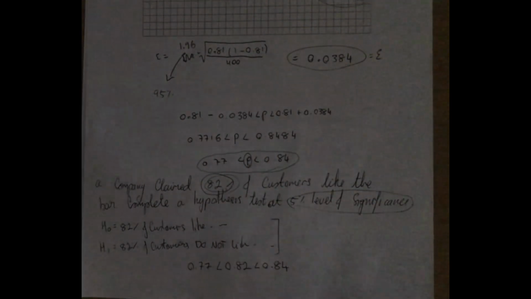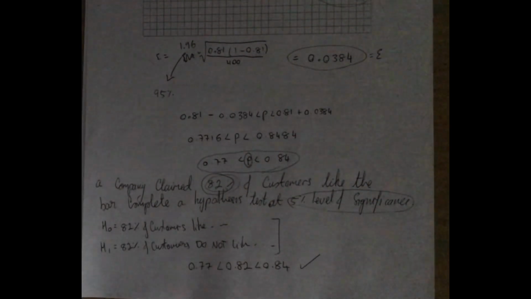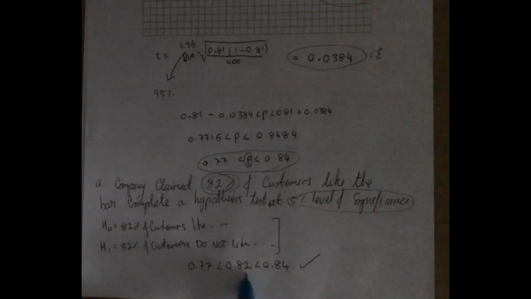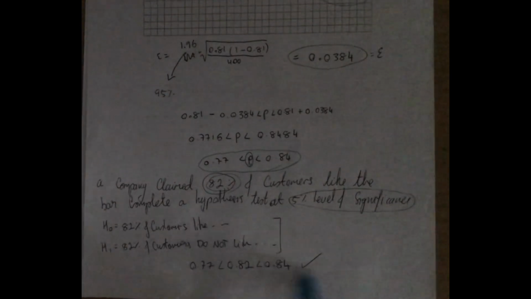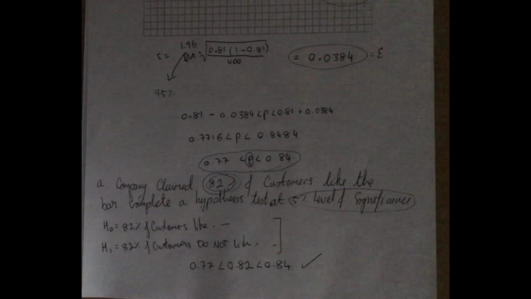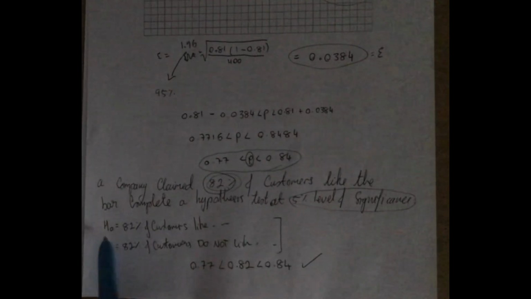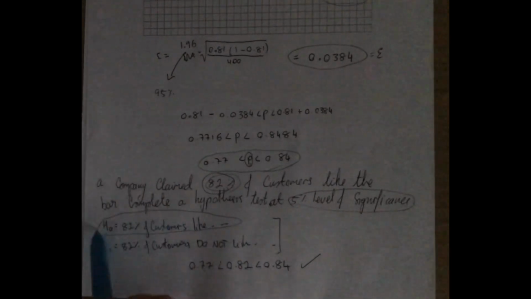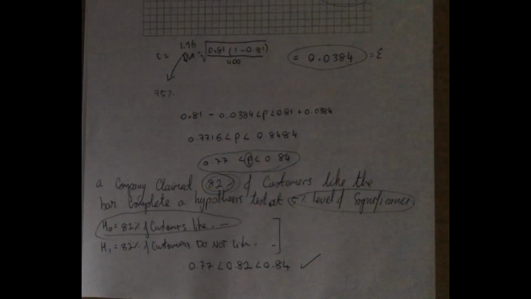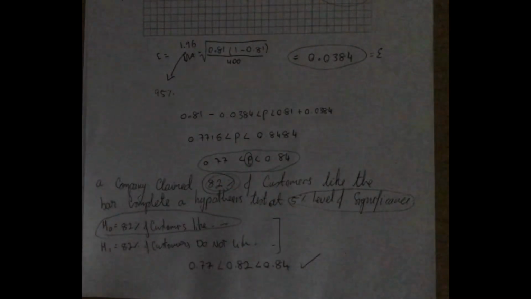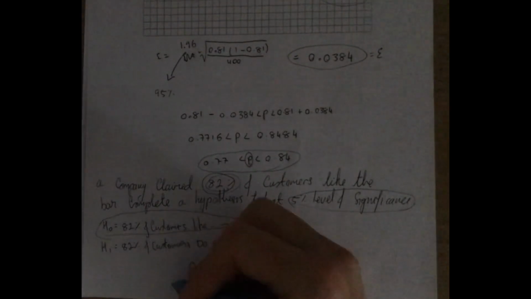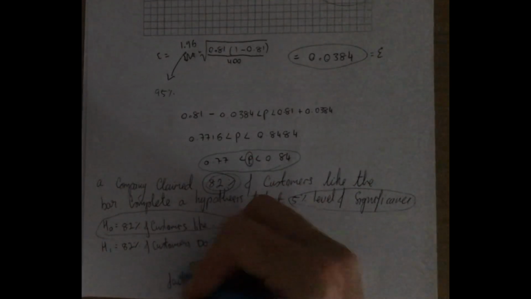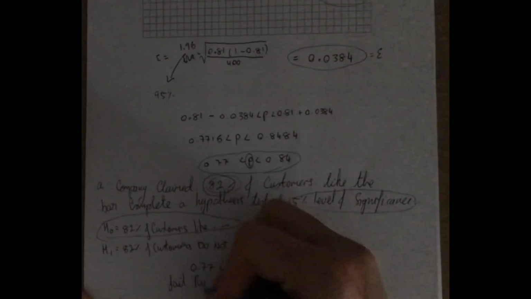Now, simply put, is this mathematically true? And the answer is yes, that 77% is less than 82%, is less than 84%. So this all checks out mathematically, this works. So this means that we would be inclined to agree with H0 that 82% of customers do in fact like the chocolate bar. So how we would phrase this just to be correct, we would say that we fail to reject